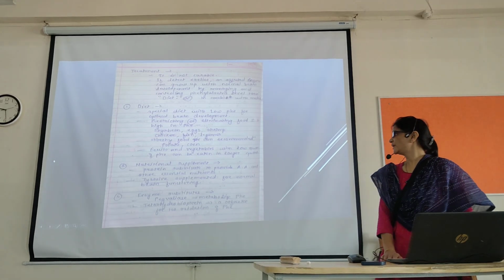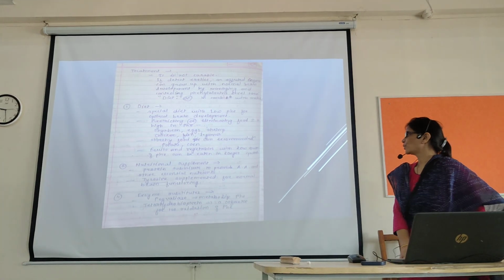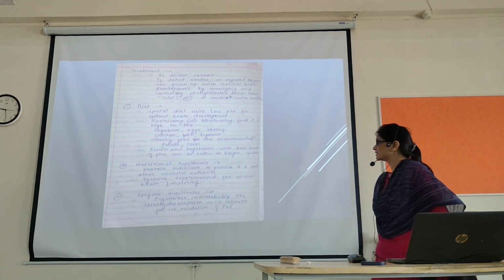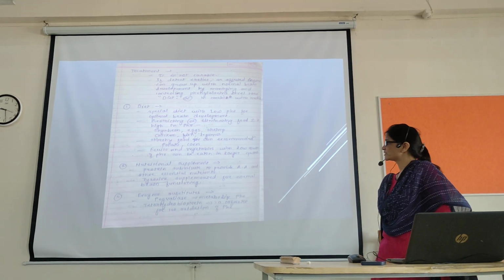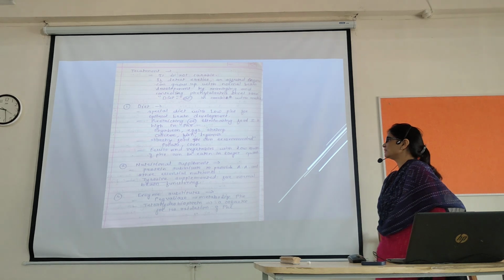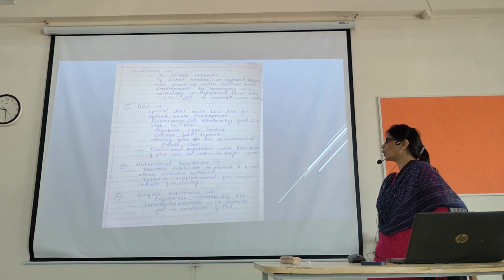Then a nutritional supplement is also there, that is a protein substitute to provide amino acids and other essential nutrients. Then tyrosine is supplemented for normal brain